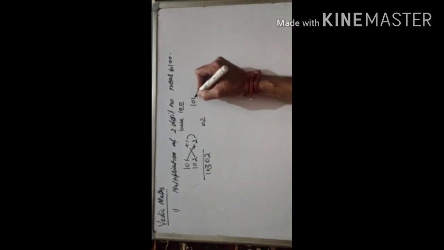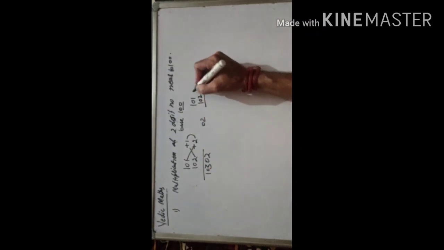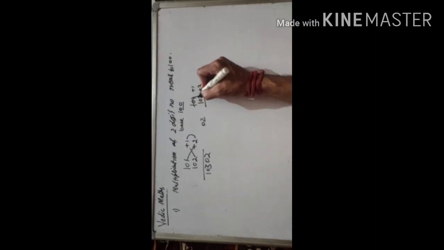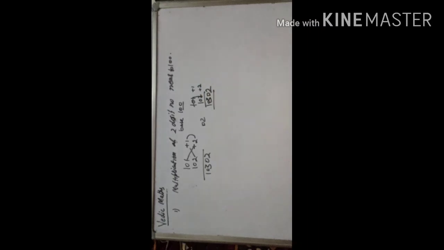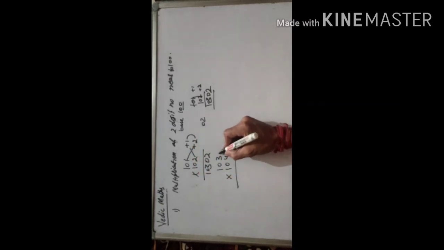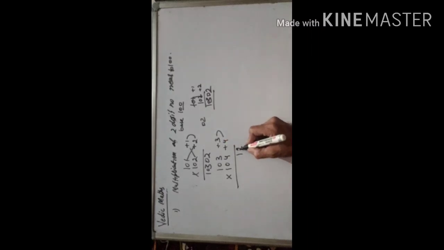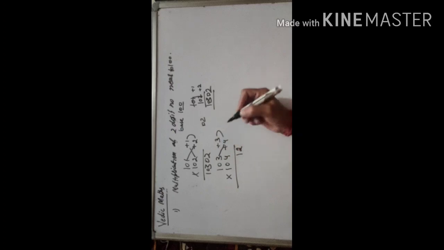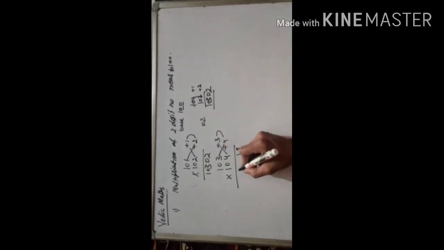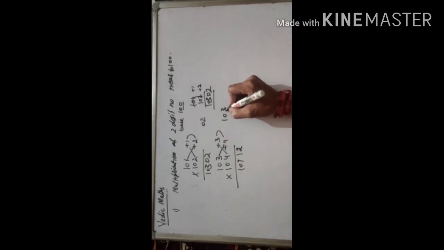Now the shortcut of this: 101 and 102. This is plus 1. This is plus 2. 02. 101 plus 2, that is 103. Now suppose 103 into 104, that is plus 3 and plus 4. 3 4s are 12. It is already a two-digit number, so no need to add 0. 103 plus 4 is 107. 104 plus 3 is 107. Shortcut: 4 3s are 12, 103 plus 4 is 107.